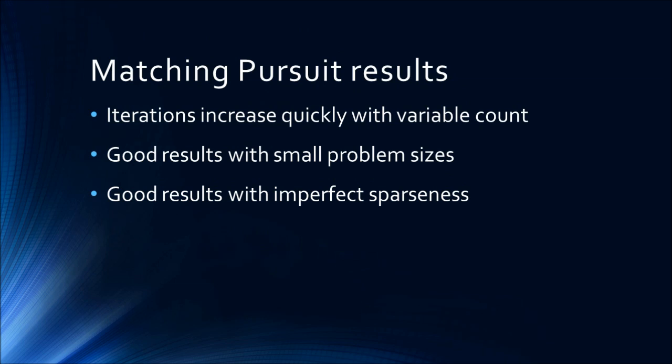So matching pursuit's been pretty good at exploring around, except the iteration count goes up drastically as you start adding variables. But when you've got small problem sizes, so low dimension space, matching pursuit's been good to me. And it's also been good when the data is not really sparse. Let's say most things are close to 0, like 0.1 or 0.2, and the things I care about are a 1 or 2 or 5. So imperfect sparseness, a little DC offset or something like that. Matching pursuit's been pretty good about that. It doesn't seem to take more iterations, and it doesn't seem to change the answers it gives. So I've been pretty pleased with that.